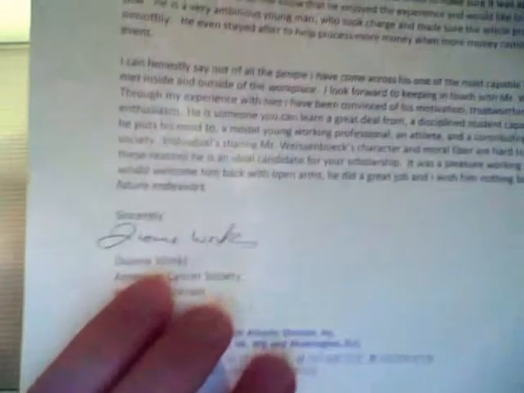Now for the Relay for Life thing, I got a letter of recommendation after that from, I think Dion's her name. It's my mom's boss. Let me see the signature. Where is it? Yeah, here we go. Dion. American Cancer Society. It's just a letter of recommendation that was for